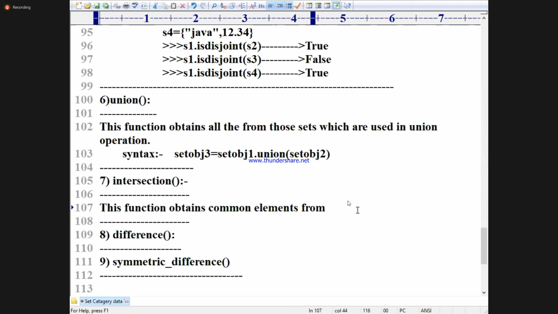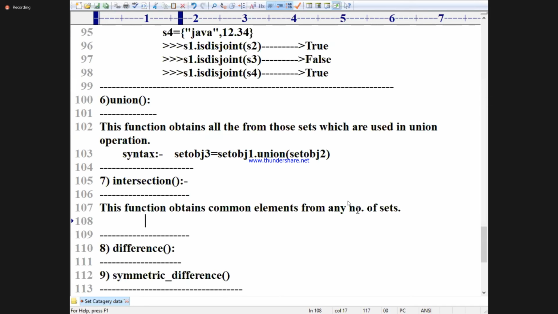I will show you that example also, don't worry. Syntax: set obj3 is equal to set obj1 dot intersection of set obj2.